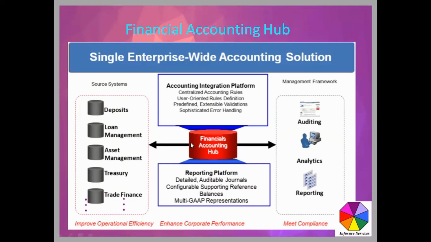During the banking implementation, it's a single point of failure, right? How do you manage that architecture then? If the hub collapses, the whole banking solution will go down. So how do you